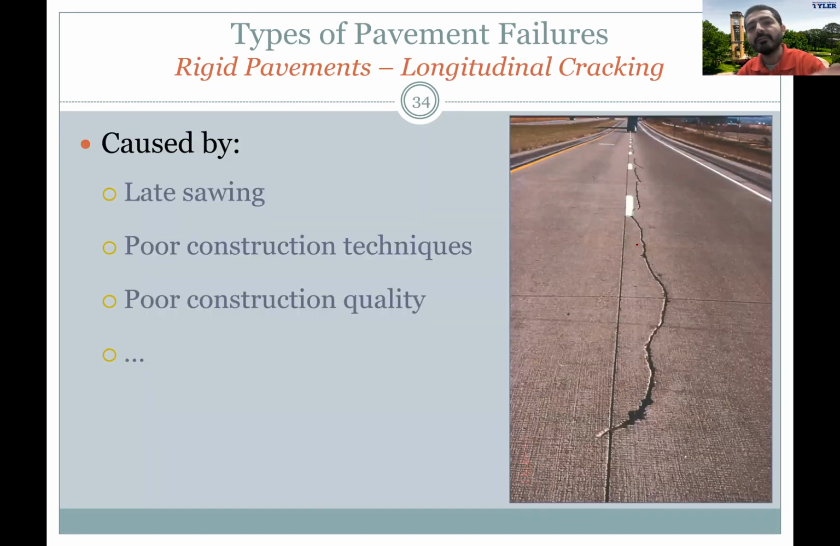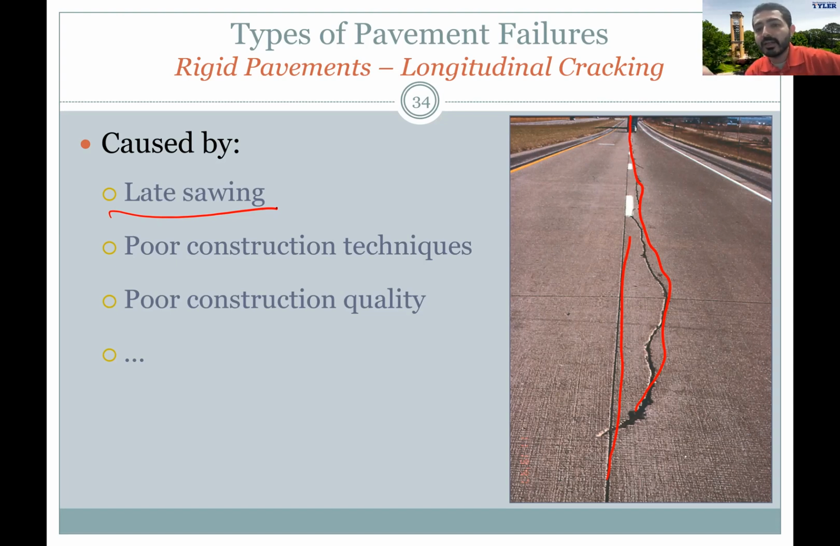Or we can see longitudinal cracking. You could see a longitudinal crack extending along the travel direction, and it can be caused heavily by late sawing, which means it takes a long period of time to